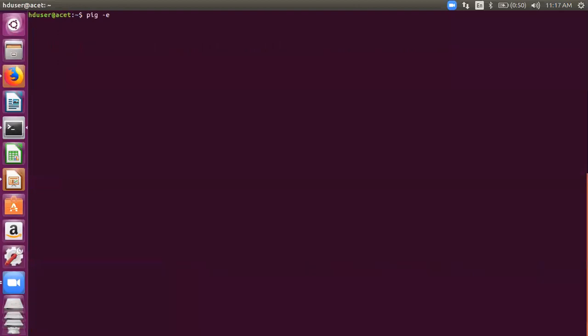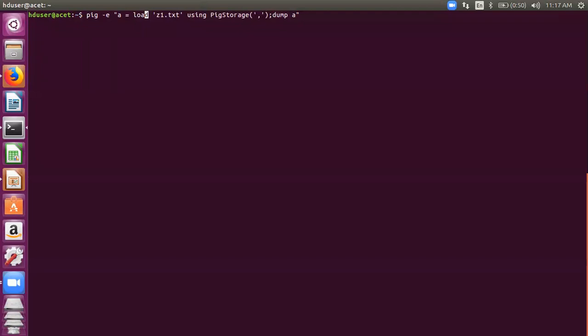All right. So if the same file is there, pig -e would mean that you would give the command here. A is equal to load z1.txt using PigStorage as a comma. This is the first command, the load command, and then there is a dump command. While you're using pig -e, you need to mention the commands in double quotes separated by semicolons. Dump can be written with a semicolon or without a semicolon, that's fine.